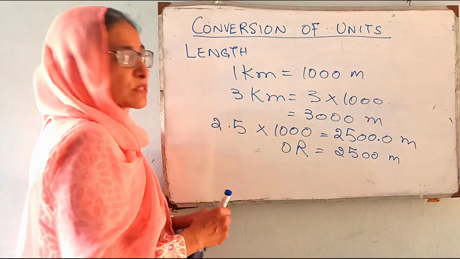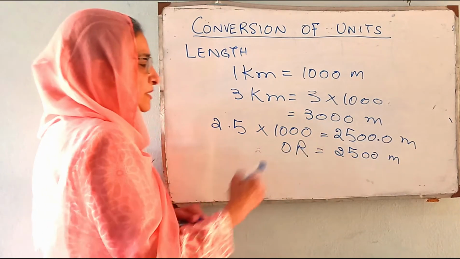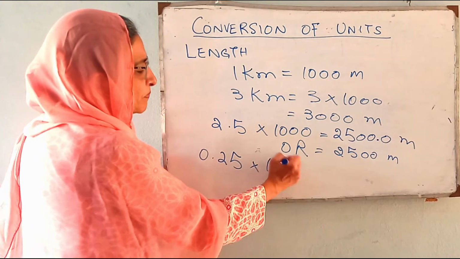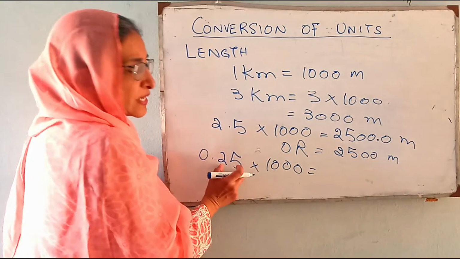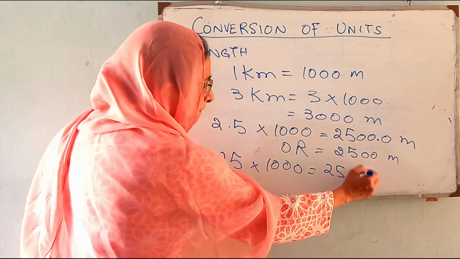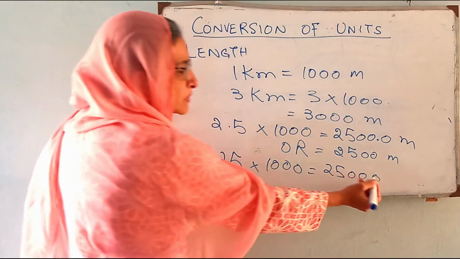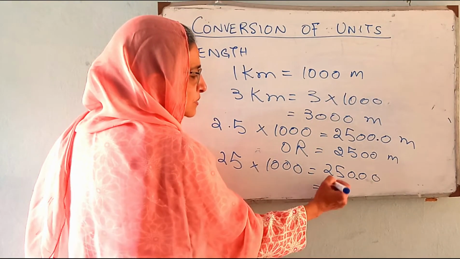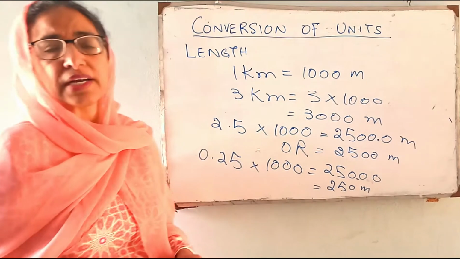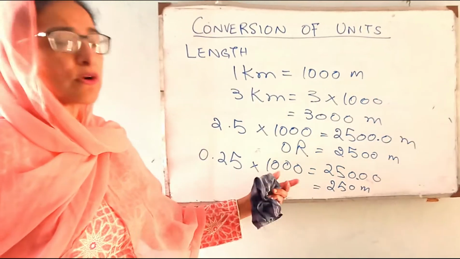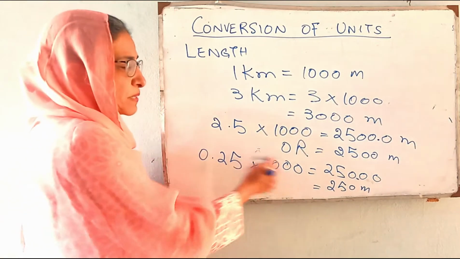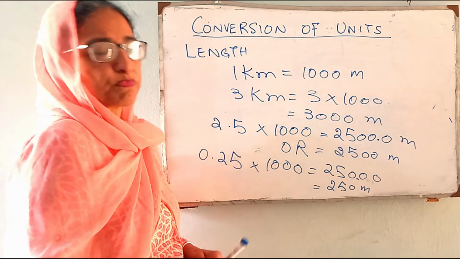If the question has the decimal after two numbers, you are going to place the decimal after two numbers. For example, 0.25 multiplied by 1000. So you are going to write this number as it is, 3 zeros in the end, and the decimal after two numbers, 1, 2. So this will be equal to 250 meters. You can do this multiplication mentally also, and because of these friendly numbers, these multiplications are very easy to do.